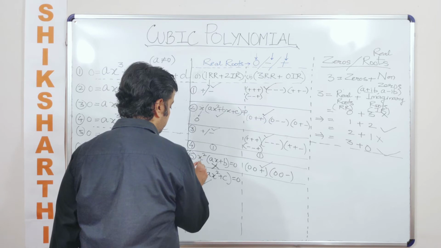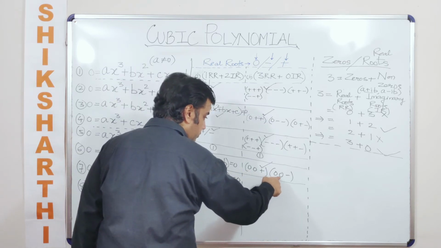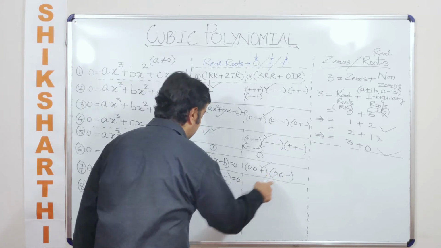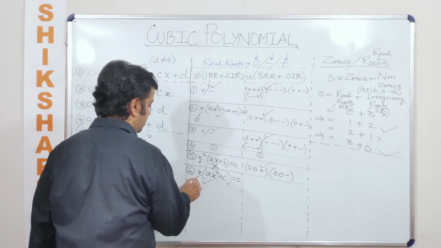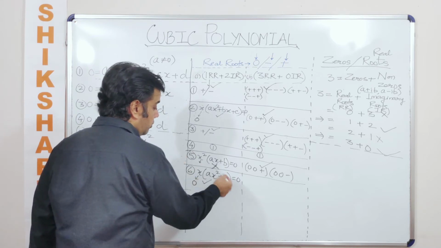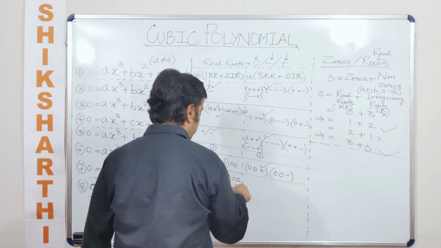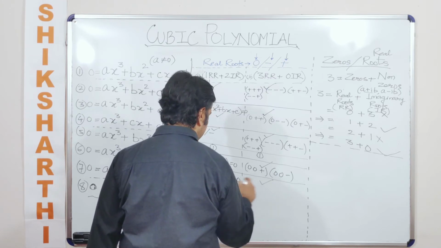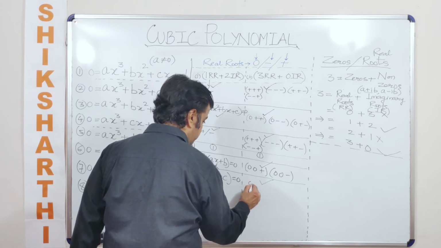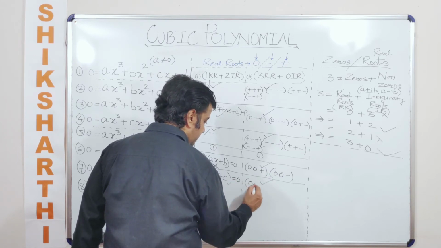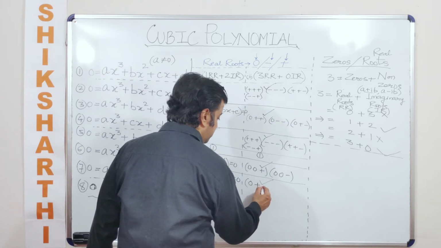So here also, when we talked about whether we can have one real root, no. But here two real roots, and both of the real roots would be 0, and the third root would be either positive or negative. So here when we are talking about a real root, the real root will always be 0 only, cannot be any other number. And then along with that we'll get two imaginary roots. But now when we are talking about three real roots, yes, it will exist, but three real roots will exist only when one of them is a 0. Right? And the other two roots would be opposite in polarity.